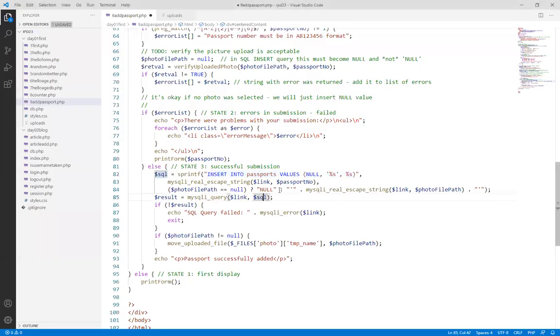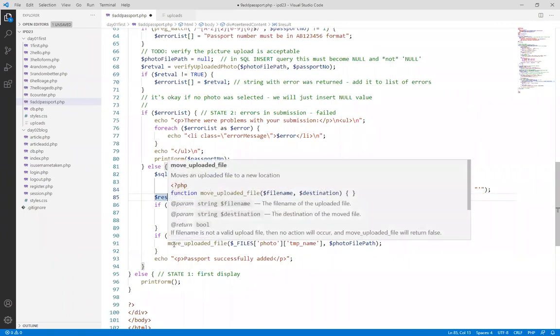That's why there's this whole thing here, you see, there's no quotes around this, and then either it's a null or we are escaping the path and putting single quotes around it. Okay, one of those two. So then I execute the query. If it went okay, that's good. And then